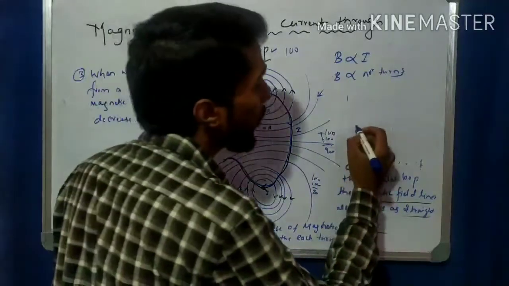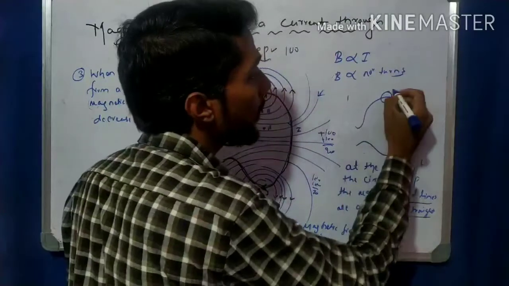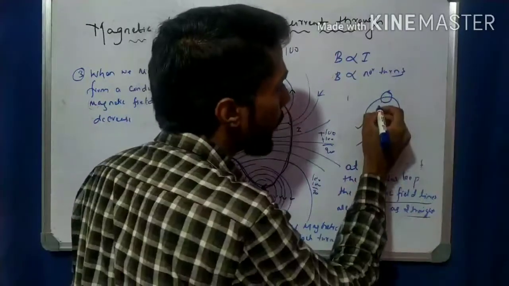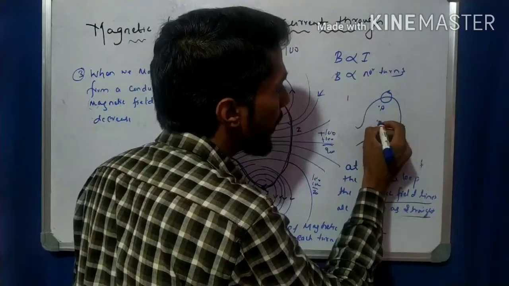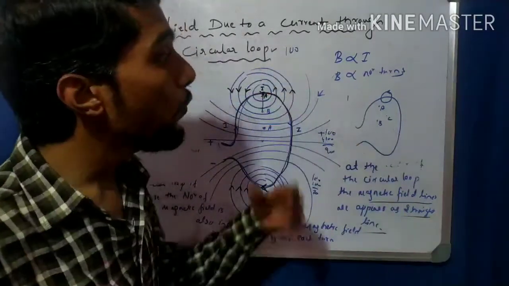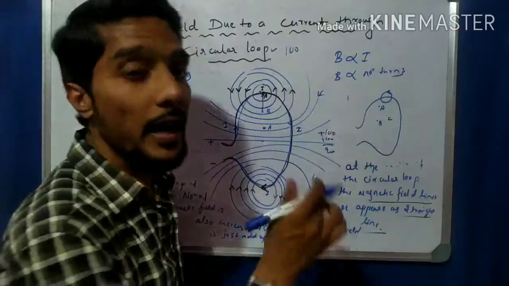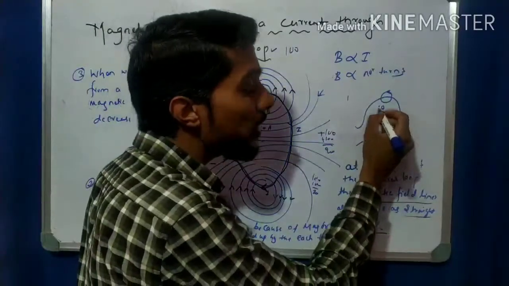For example, I can draw a circle here, and this circle is a magnetic field. I put a point A here, a B point here, a C point here. Now answer me, on which point is there a low magnetic field? So your answer is right, D. At the point D, there is a low magnetic field.